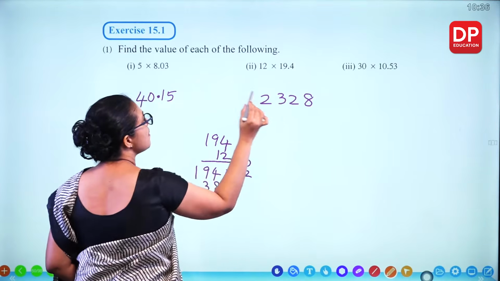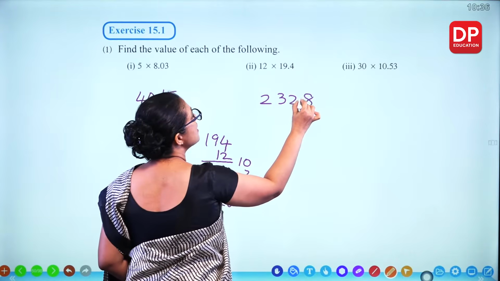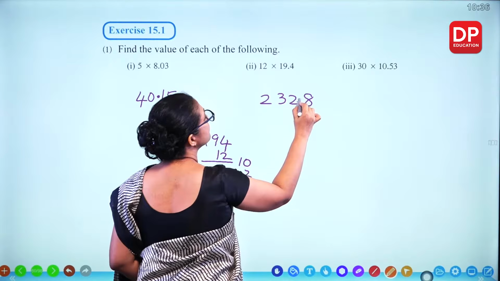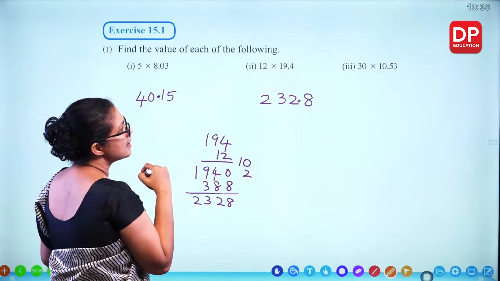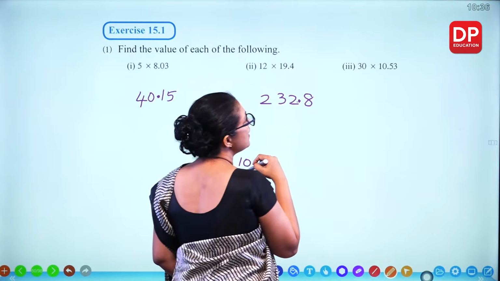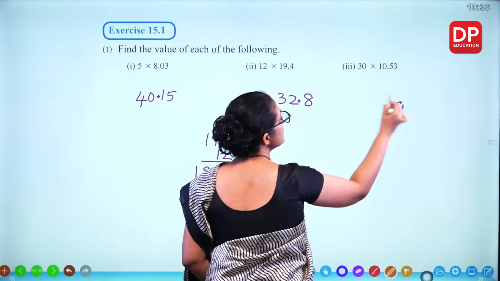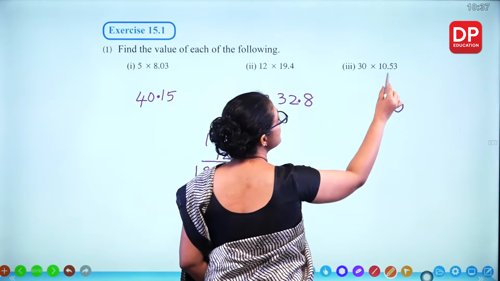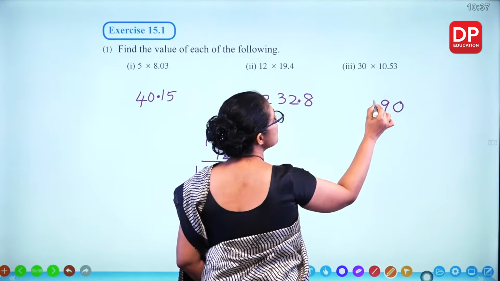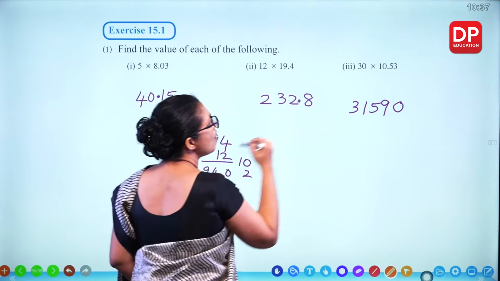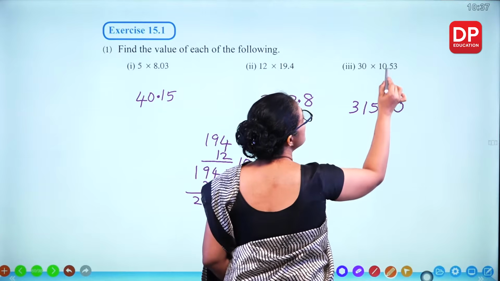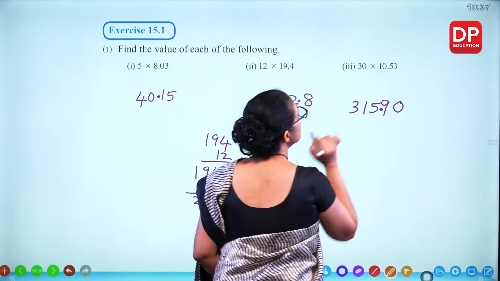2328. Keep 1 decimal place here. 232.8. This one, multiply by 30. So put a 0 and multiply by 3. 3 times 3, 9. 3 times 5, 15. 3 times 1, 3. Now keep 2 decimal places. So here